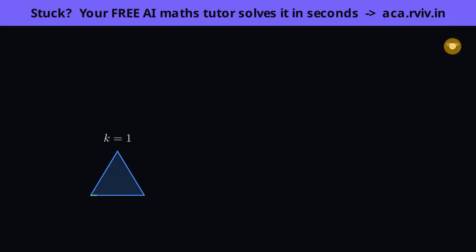Let's take the simplest case, double every side, so the scale factor k equals 2. Here is the outline of that double triangle. If area behaved like the sides, it would take just two little triangles to fill this. Hold that prediction in mind, too, and let's see if it's right. Watch them drop in, 1, 2, 3, and a fourth flipped one nestled in the middle. It takes exactly 4 copies, not 2. Doubling the sides quadrupled the area.